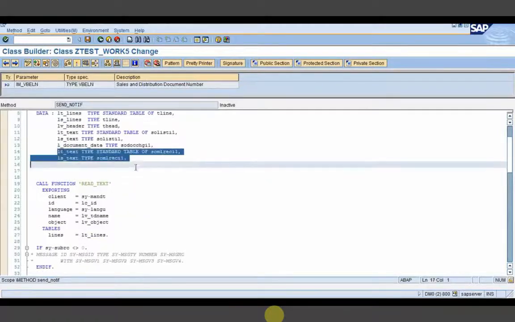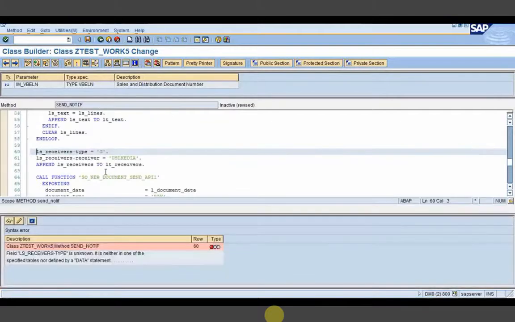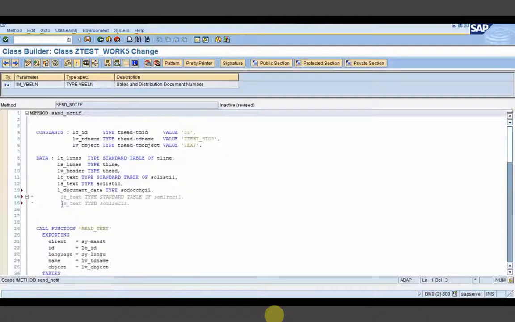Okay, it is already declared. Oh sorry, actually it will be receiver.